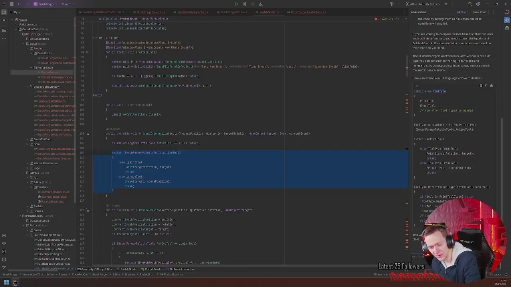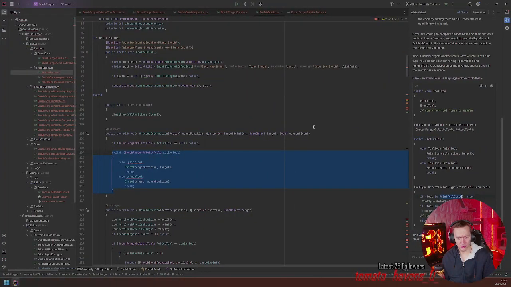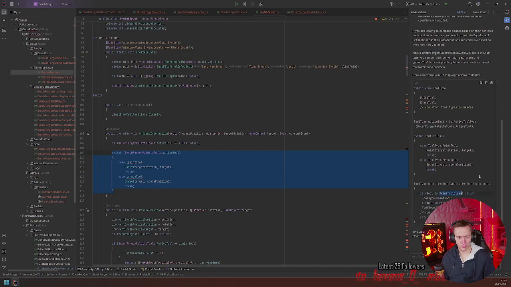So it has the same ideas that I have, like make it a class. That was my first idea, make it a class, and then I'm like, yeah, that doesn't make sense because the class wouldn't do anything. There's no function to write into the class, so it just needs to read the type, and then the brush does everything by itself, and the tool just is a switch case on what to do.